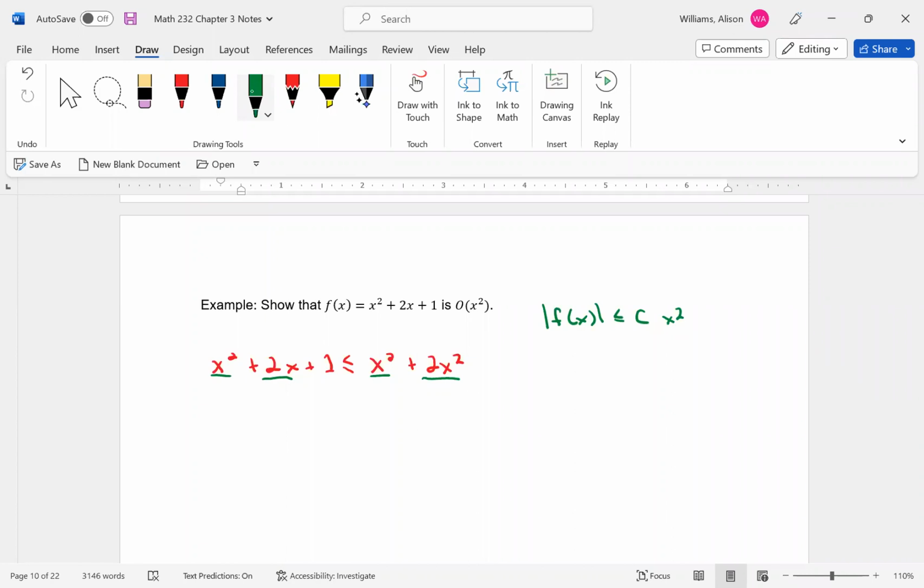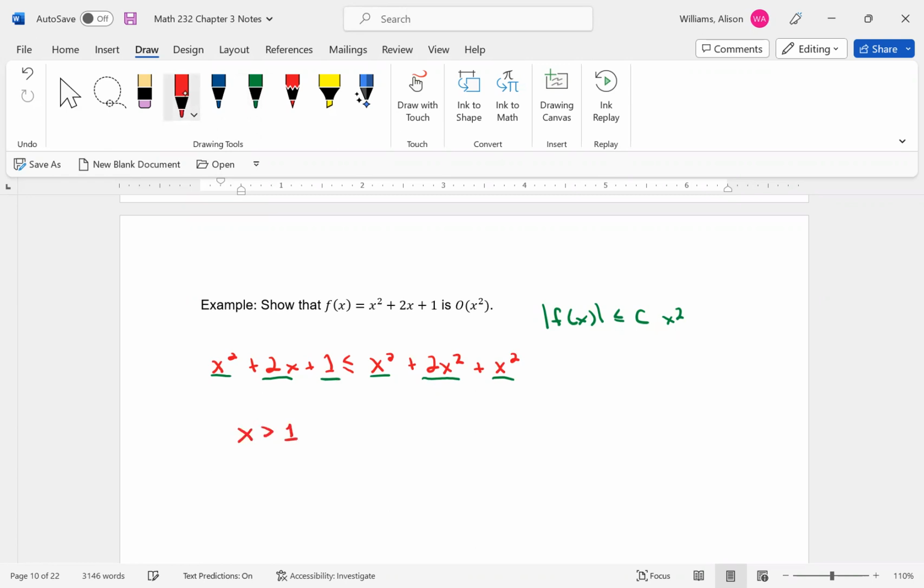In fact, the x that's going to make it big enough is 1. The minute we hit 1, everything I plug in for x is going to be bigger when I square it, okay? And then same with the 1 here. I could put an x squared in for that, and I'm definitely safe, right? So first thing I want to mention is that x does need to be bigger than 1